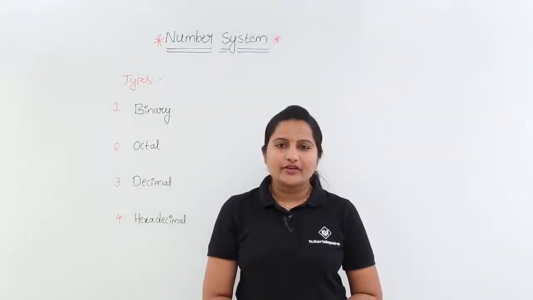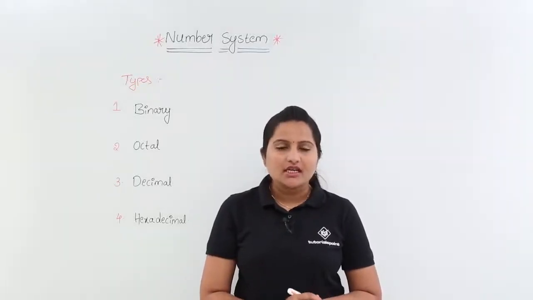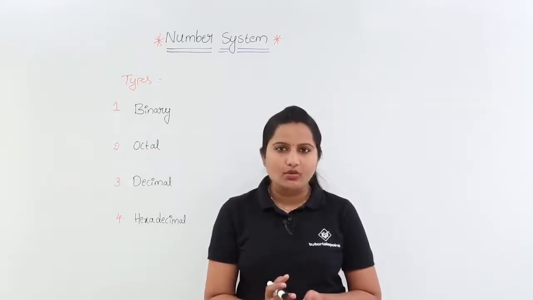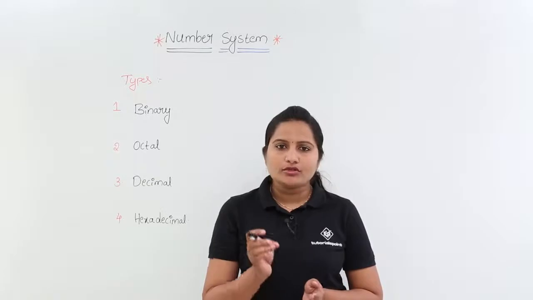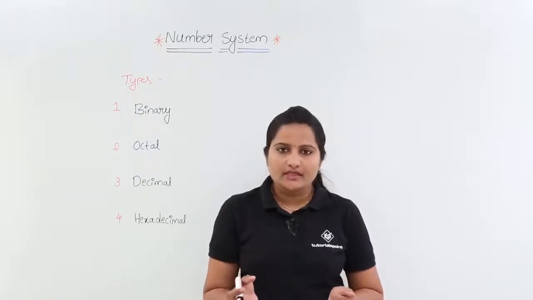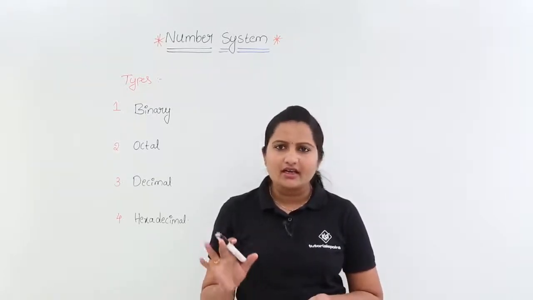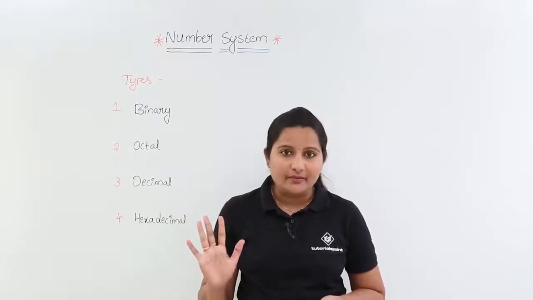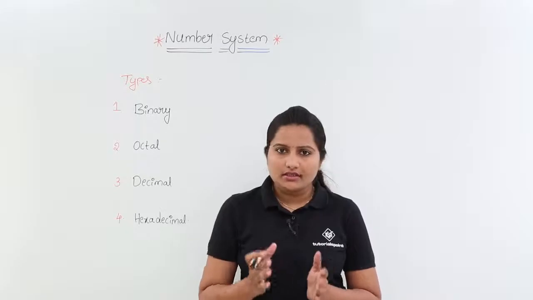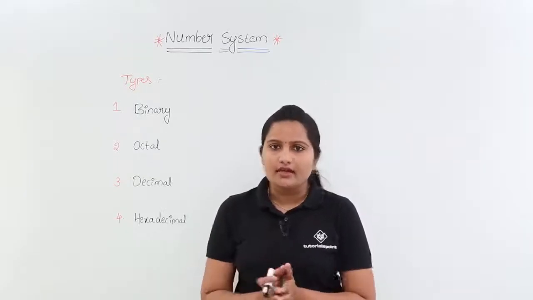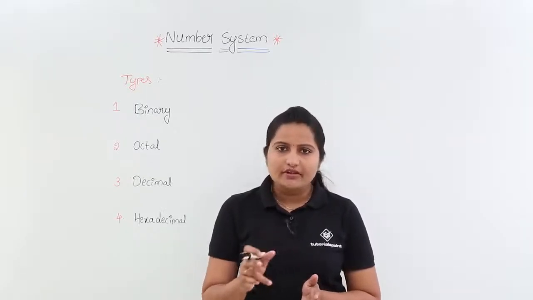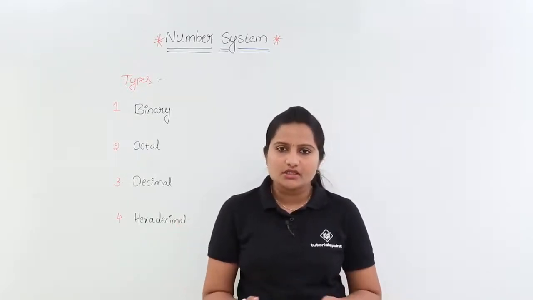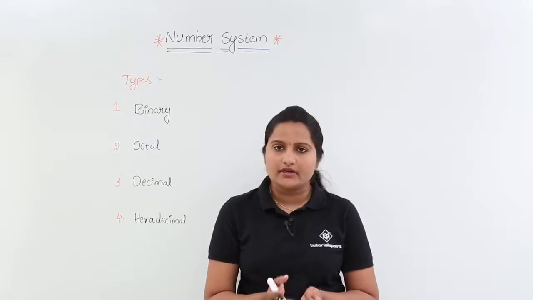In this video, we are going to discuss number systems. Generally, number systems are used to define the magnitude of any quantity. For example, if you want to count anything, how will you represent it? If you have this many apples, you will say these are 5 apples. What you are telling is in one particular number system. This 5 indicates our decimal number system. That means humans generally use the decimal number system in regular use.